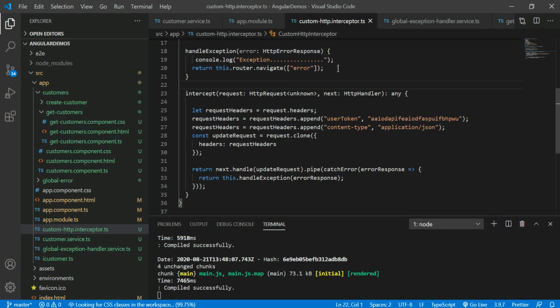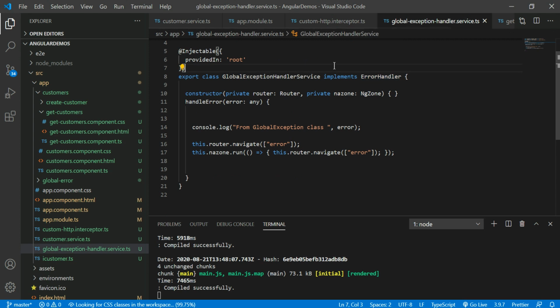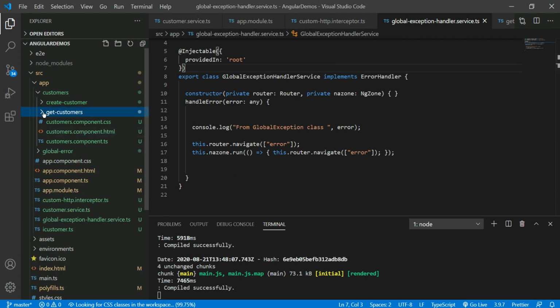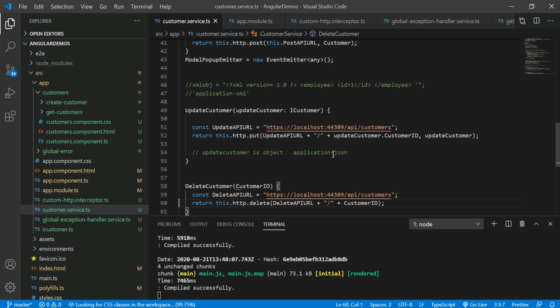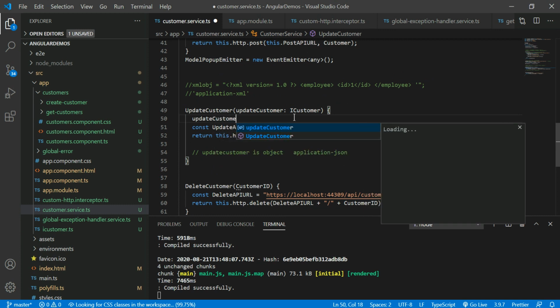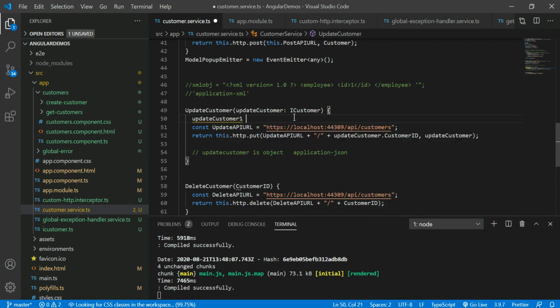Before that, let me cross check with the modal pop-up also. The modal pop-up covers operations like post operations and put operations. So let me add some dummy data to update customer here. Update customer equals customer one.